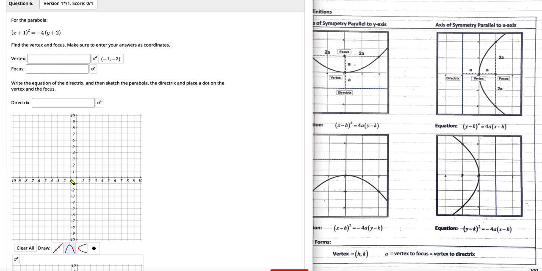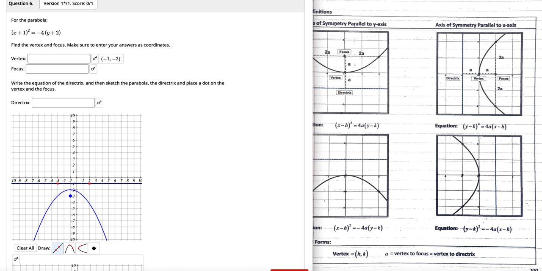So for this one, we are starting at -1, -2, so x is -1, y is -2. That is my vertex. My focus is going to be 1 below that because that's a, but then to draw the graph is 1, 2, to get that 2a out to the graph. Once I have that, now I know my focus is right there because that's my a equals 1, and my directrix is going to be 1 above it in this case, so it's got to be that line right there. So that's how you get all of that